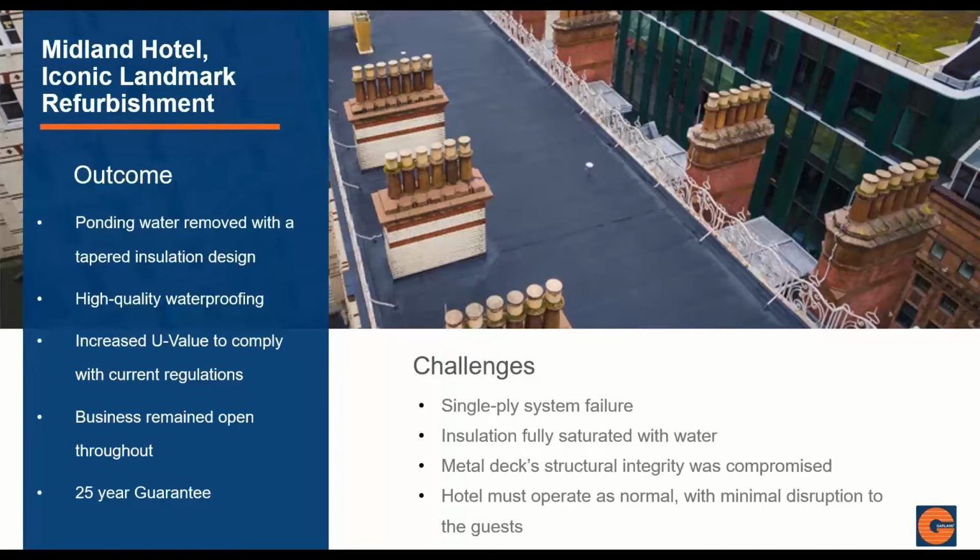And we're going to look at a precedent project here, and we're going to underline the challenges and what the outcomes are. So this is a Midland hotel, I believe in Manchester. And the issues we had here was a single ply system that was failing. And after a survey, we were understanding that 20% of the roofing system was completely saturated. So we're then understanding that we need to strip up at least 20% to remove that insulation and then replace